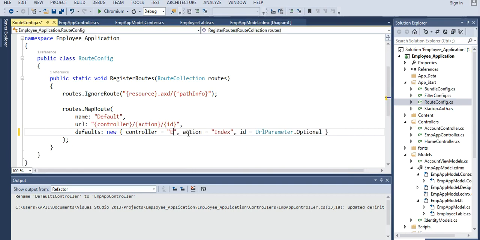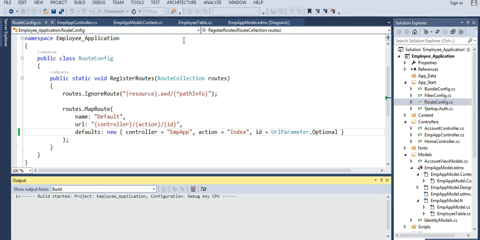Our controller name is EMP app and just run your application. It will take some time to run our application.